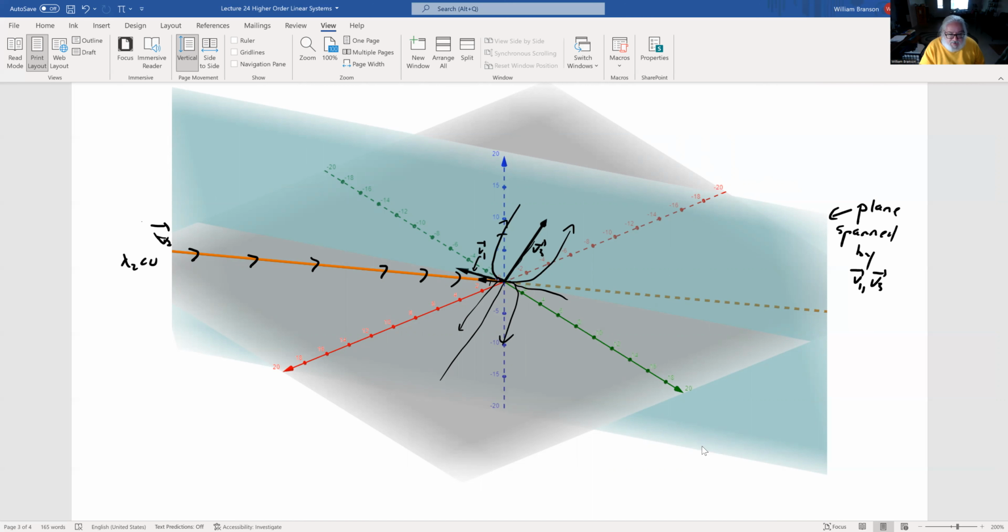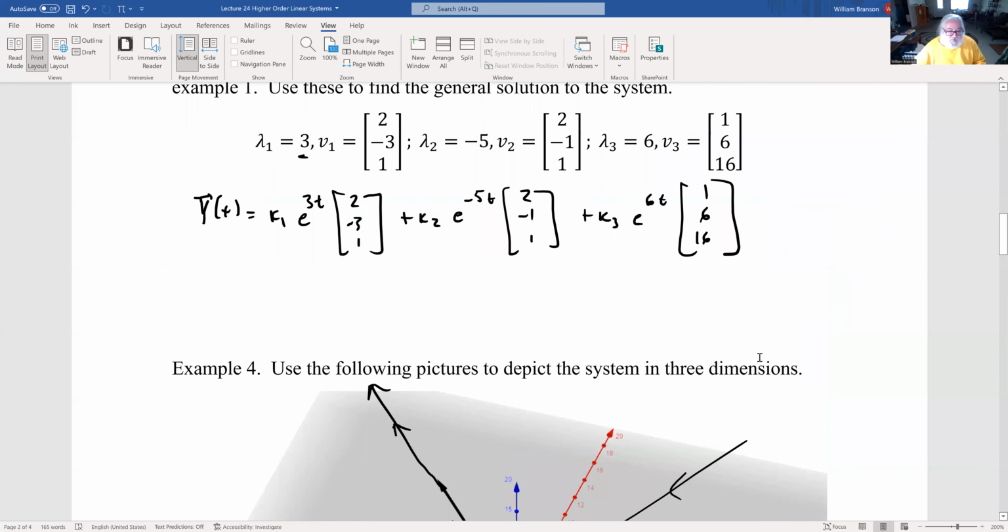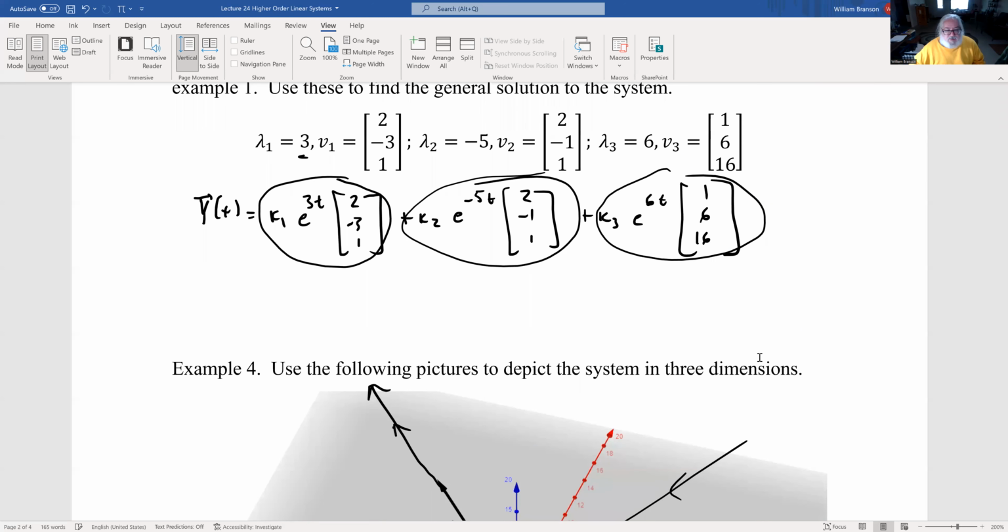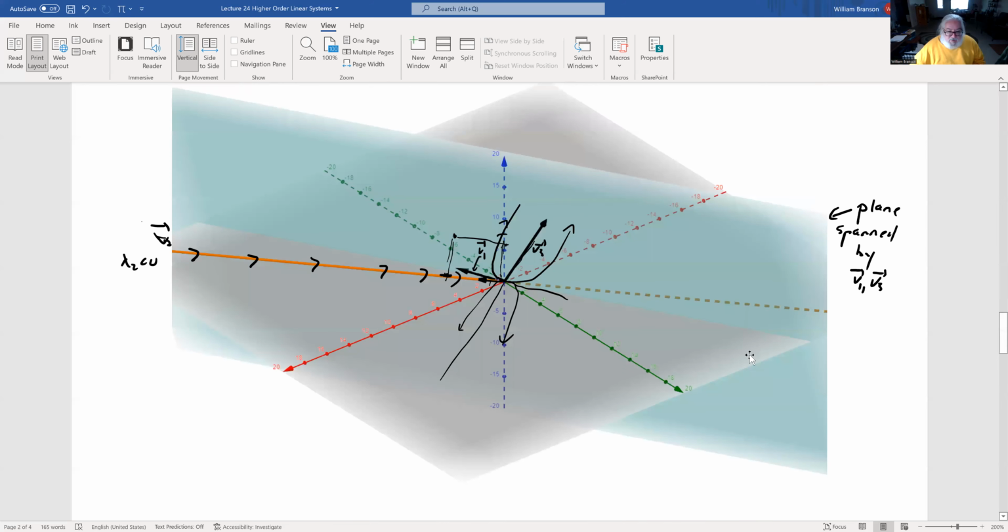So if we pick some point that's sitting out in space here, you can break it down into a part on the plane, right? So this point can be thought of as a point lying in the plane, plus a point in the span of v2. So every solution has a part that lies in the plane plus a part that lies along the line. So what does that do? Well, for this point, you're going to be going in because of this, but then you'll be going out